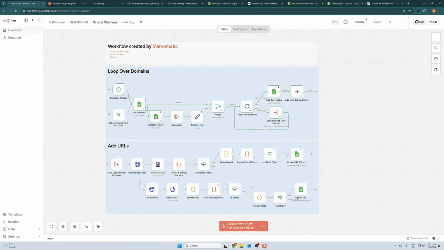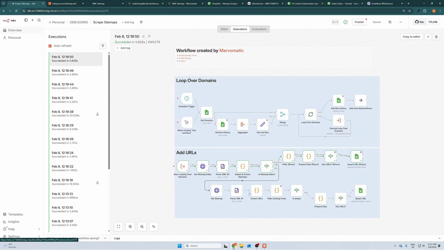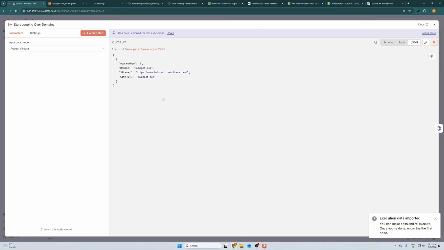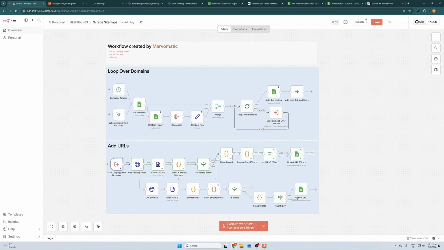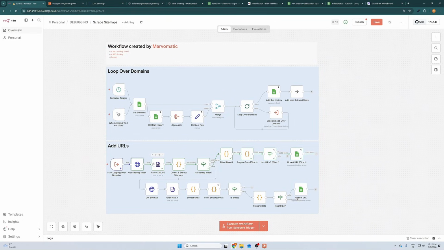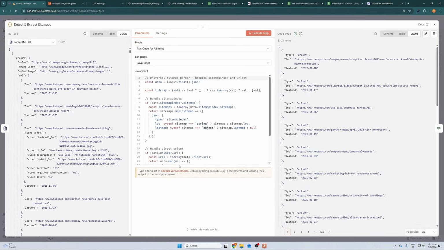And if we have a look into the execution of the sub workflow, then we can also see that, for instance, here everything starts with the data that has been passed from the loop here. And the first step is to do a simple HTTP request to get the sitemap content, which is usually in XML, which is also the reason why in the next node we are parsing the XML to get a JSON, because once we have the data in a JSON, it's easier to analyze the content and check also what kind